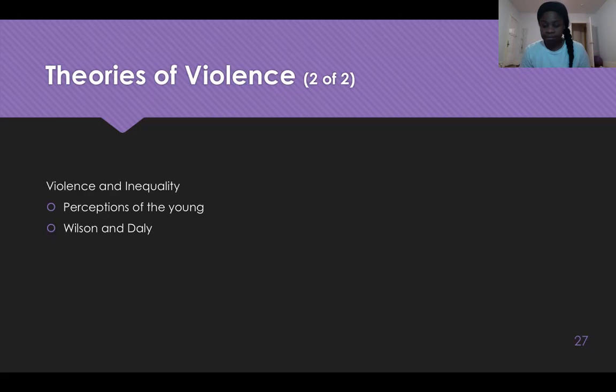Violence and inequality. When the young perceive little opportunity for legitimate success, and when many people they know die at an early age, living for the present and engaging in risky violence to obtain resources makes excellent evolutionary sense to those young people. It's a theory as to why violence may occur.